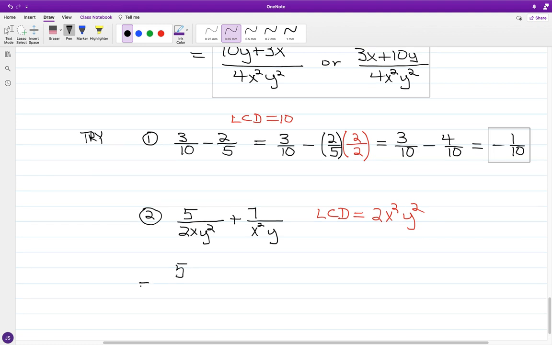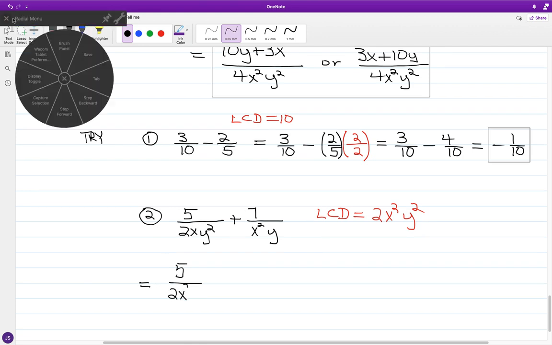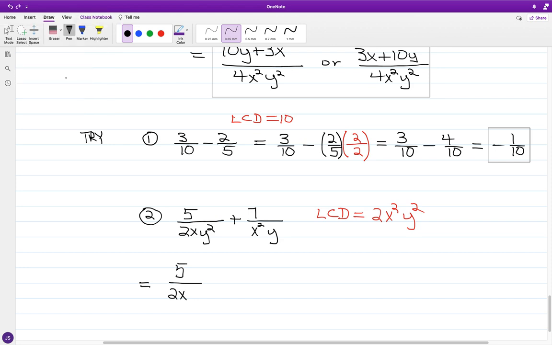And in looking at what we have here, for 2xy squared, if I raise this fraction in terms of the least common denominator,